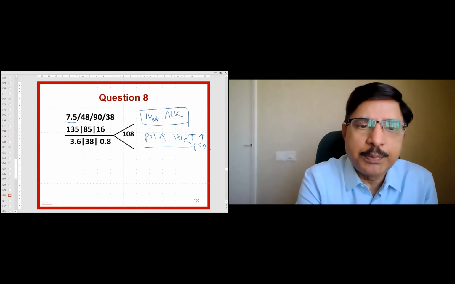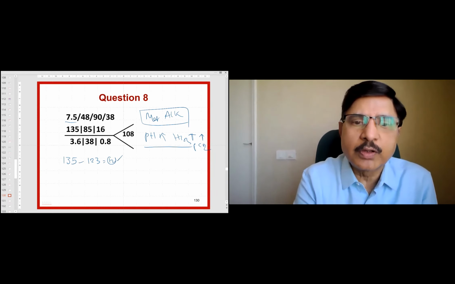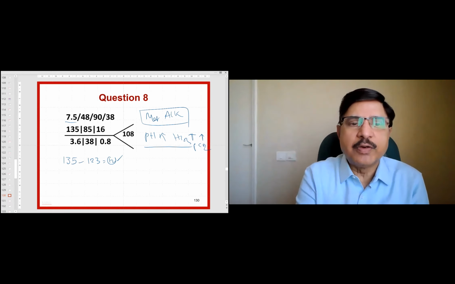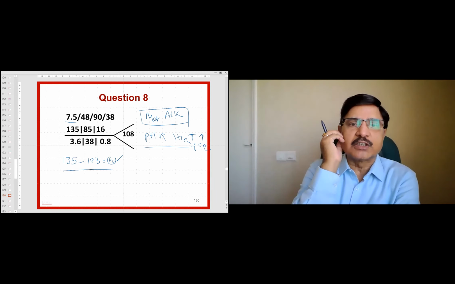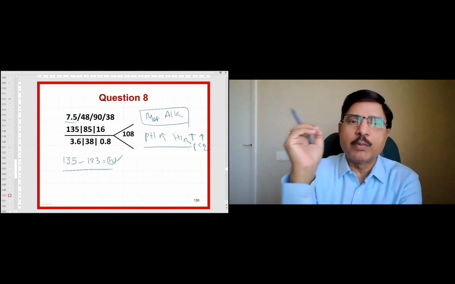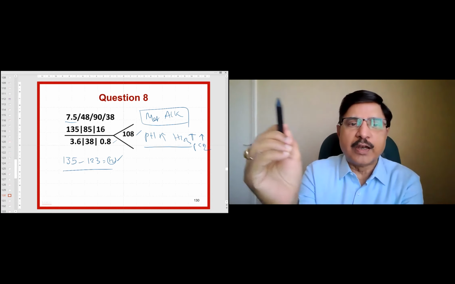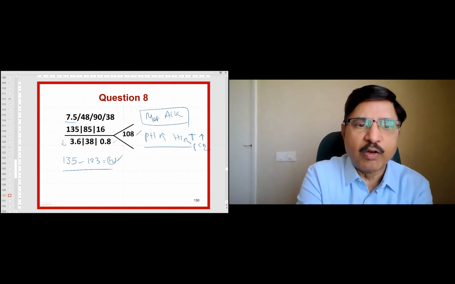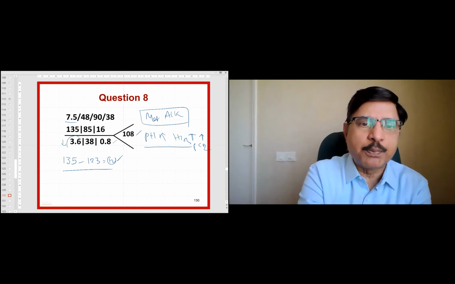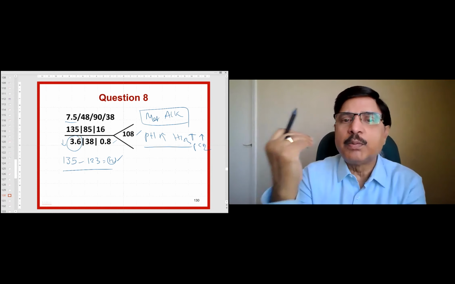Now, what is the anion gap here? 123, total. Is it 12? 12 is okay, 10 plus or minus 2. So we don't require it further, because we just verified whether there is an associated anion gap acidosis, and it is not there. It looks to be a pure metabolic alkalosis. Glucose and creatinine are normal. Potassium is normally 4, but because of the alkalosis it is going down. Potassium is a poor man's barometer: when there is alkalosis, potassium will be down, and when there is acidosis, potassium will be up.